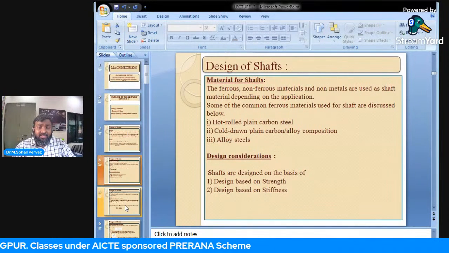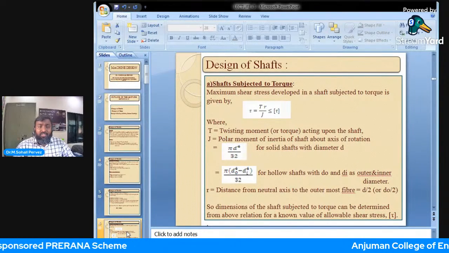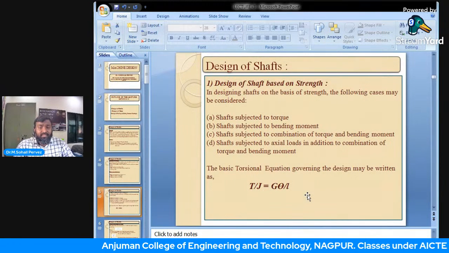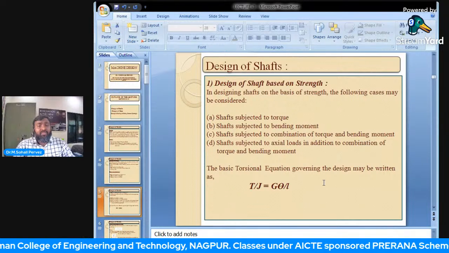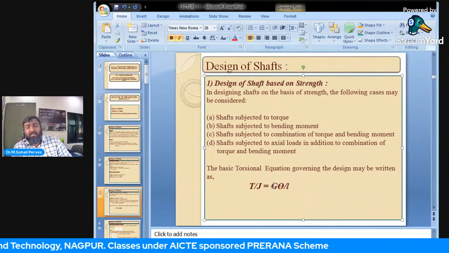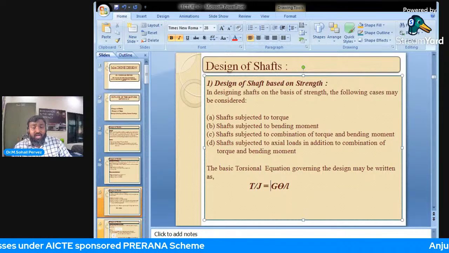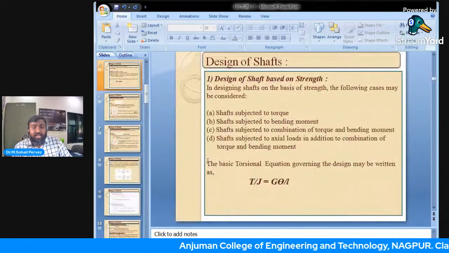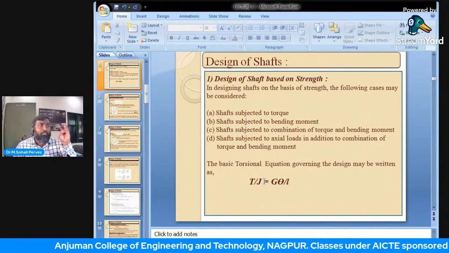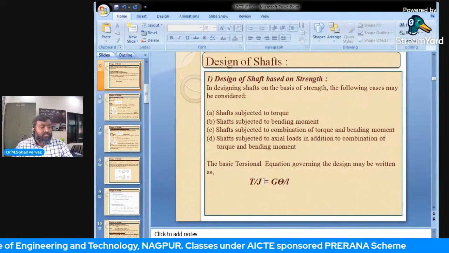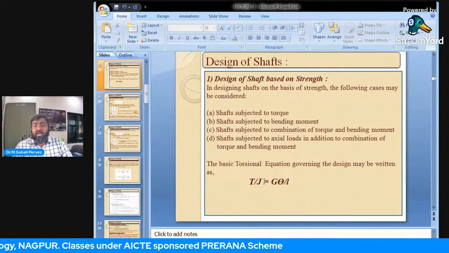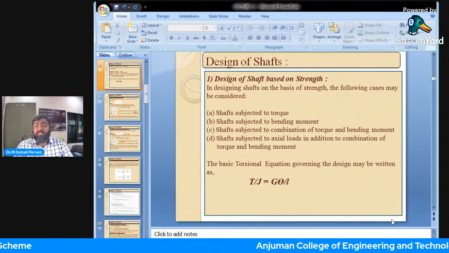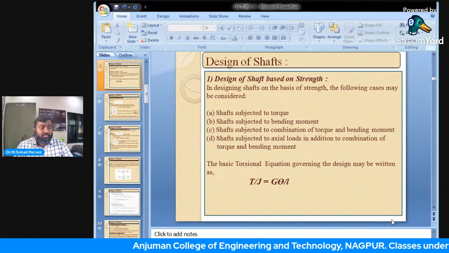So the next element is, now see, when I say designing of shaft based on strength, how are the shafts subjected? This is a very basic question. When we say shaft or the design of shaft, it means that the shaft will be subjected to pure torsion or twisting. Second, the shaft will be subjected to bending. Third, shafts will be subjected to combined twisting and bending moment. And number 4, the shaft will be subjected to twisting and bending along with the